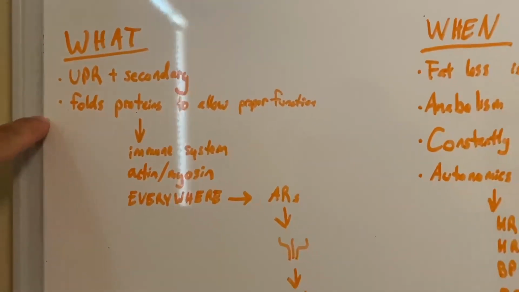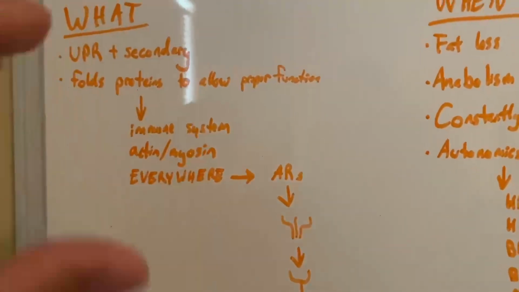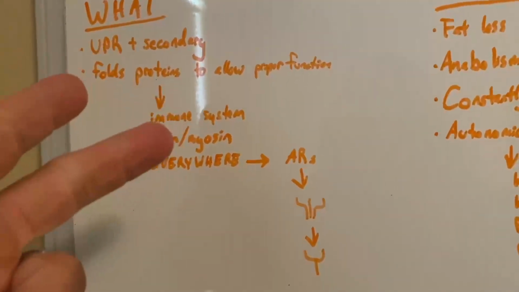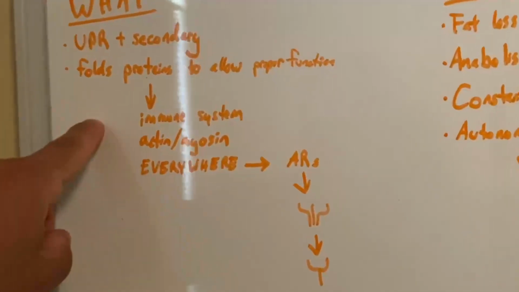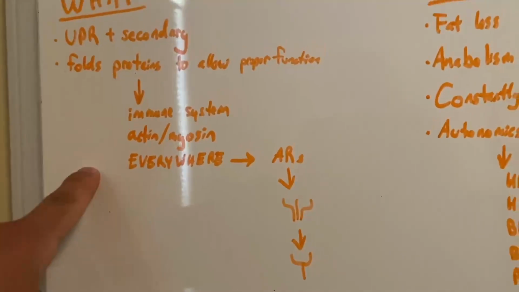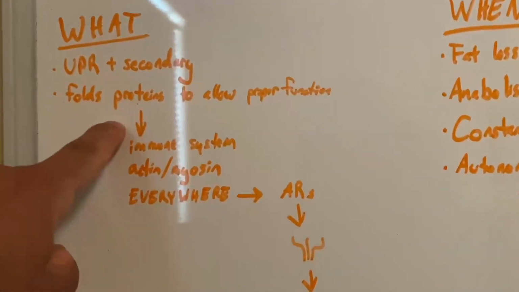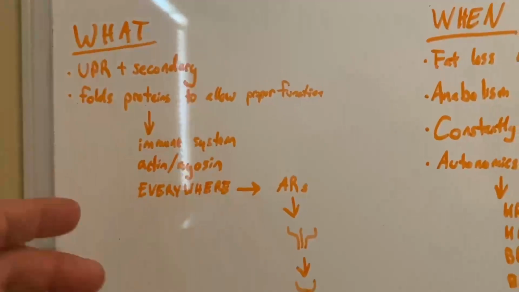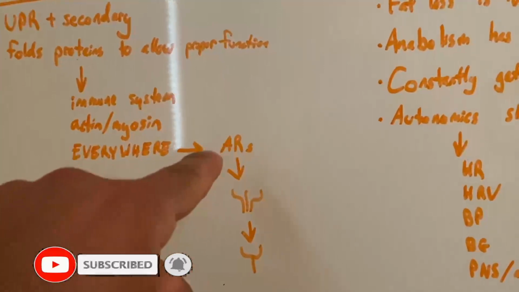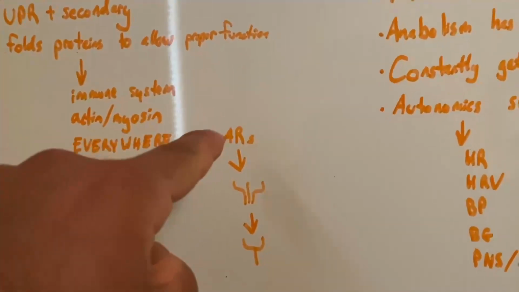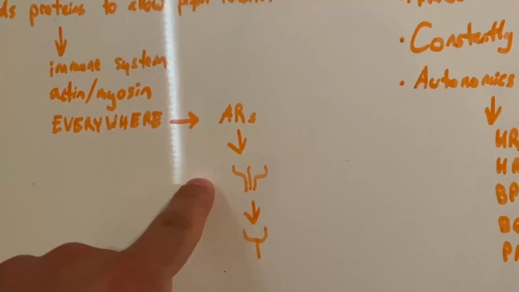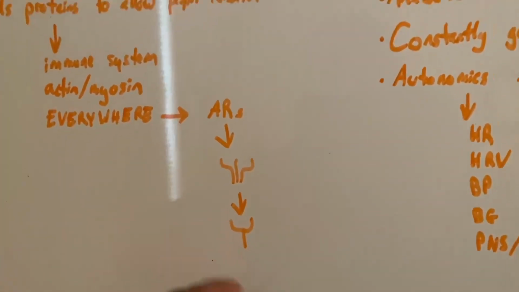If we understand that everything in our body is basically a protein, and everything needs to be folded properly to form actual primary, secondary, tertiary, and quaternary structures, then we can look at our immune system, actin-myosin in skeletal muscle tissue, literally everywhere in our body. There's a protein that needs to be folded properly to allow proper functionality. What that means in the bodybuilding world, as a primary example, is androgen receptors. Androgen receptors are just glycoproteins. Glycoproteins are just proteins that are properly folded together in order to receive transmission and go about their actual